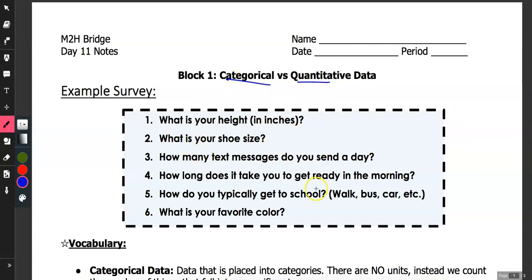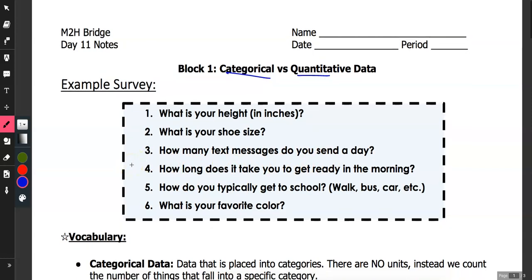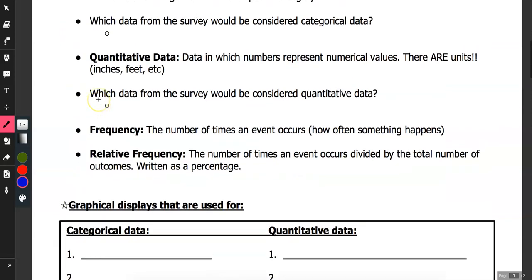Here's an example of a survey that I might have given you if we were together, asking about your height, shoe size, how many text messages you send a day, how long it takes you to get ready in the morning, how you typically get to school, like do you walk, take the bus, drive a car, whatever, and what is your favorite color. We're going to use that survey to look through some different vocab terms. So let's start with